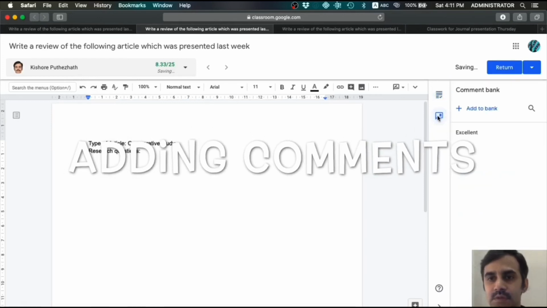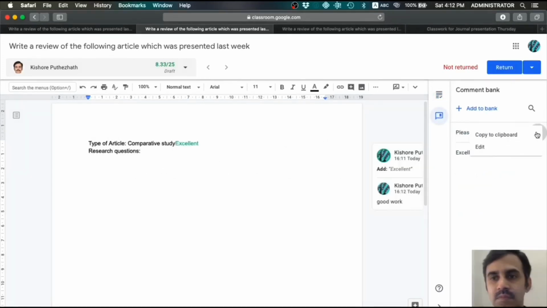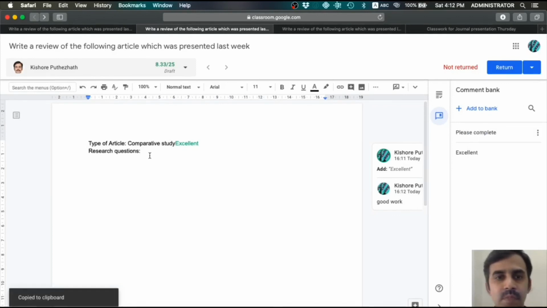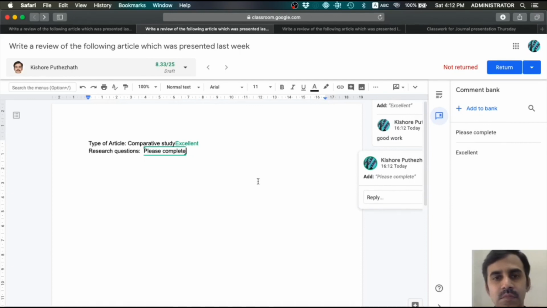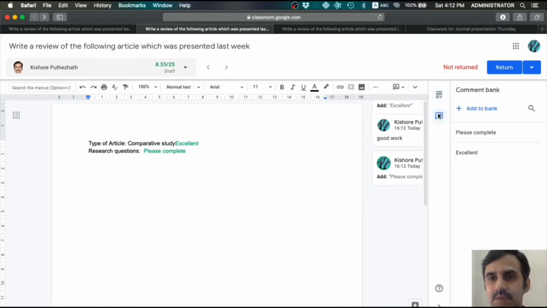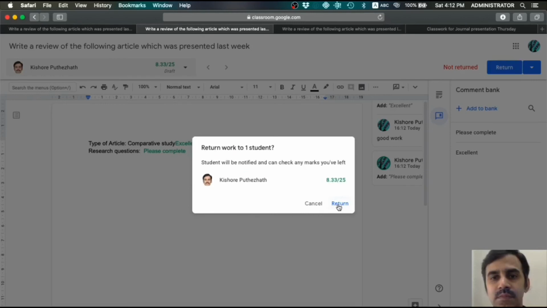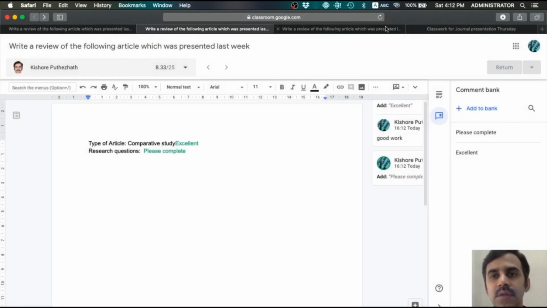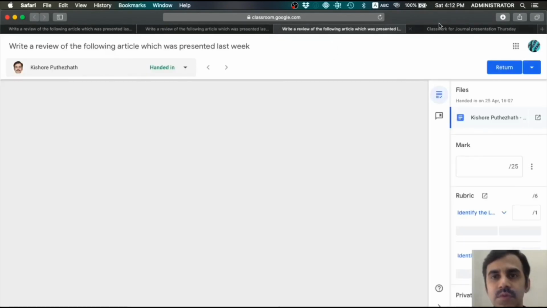Once the marking is done and the comments are given, the teacher can return the marks to the student, and the student will be able to see it